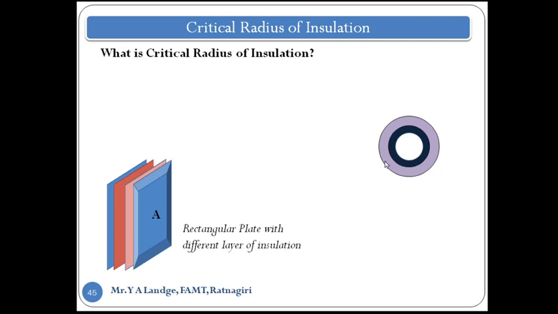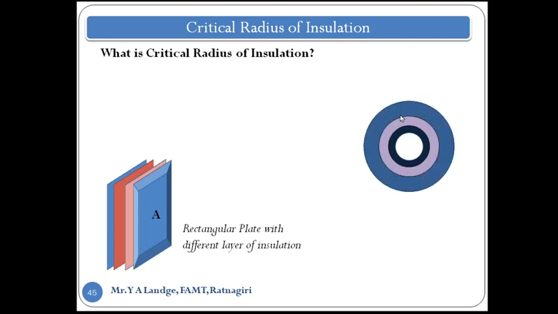Now when I put on the insulation material, what happens? The area is increased. If I add another insulating material and increase the thickness, then what happens? Again the area, if you compare the area of this insulation material when the radius is, say, r2, and this, let's consider this is the r3 radius, again I increase the thickness, and again the area increases.